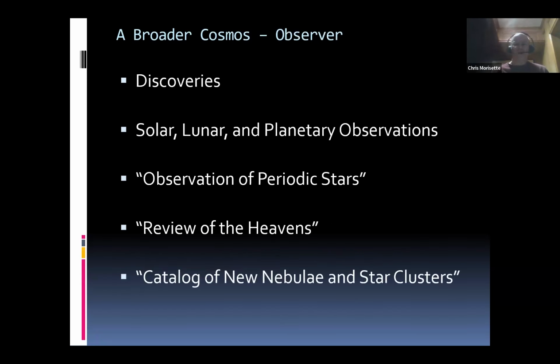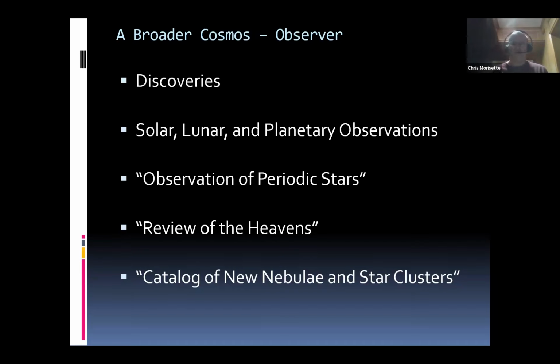As an observer, he was extremely productive. His discoveries were important in that they got him in the door, so to speak, which in this case was his discovery of Uranus, the planet Uranus. That was the first planet discovered since antiquity, so that was a big deal. He also discovered infrared light, and he also discovered that the solar system is moving towards Lambda Hercules, which is a star near Vega. So, amazing discoveries.